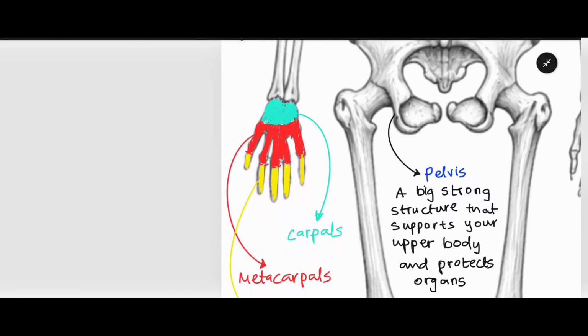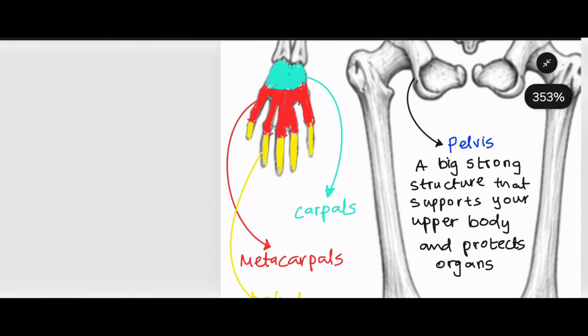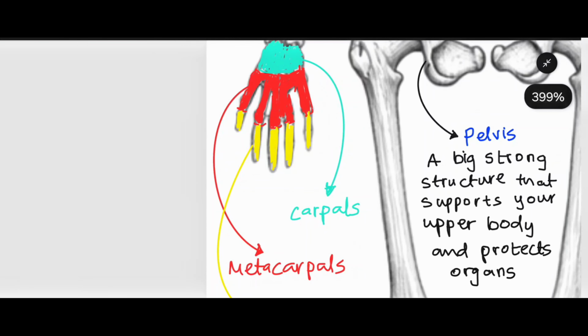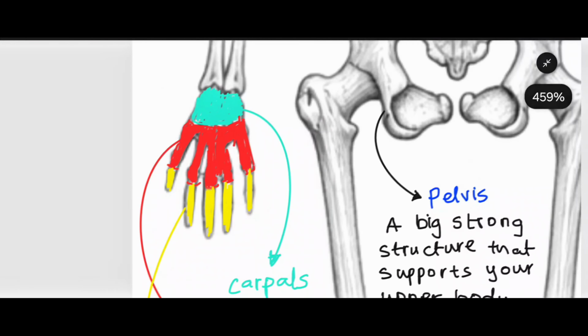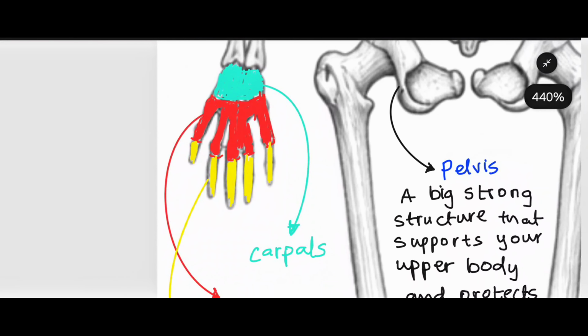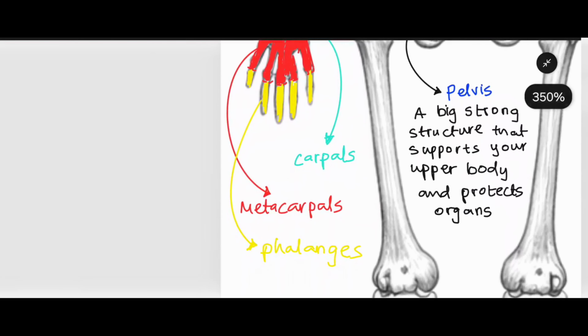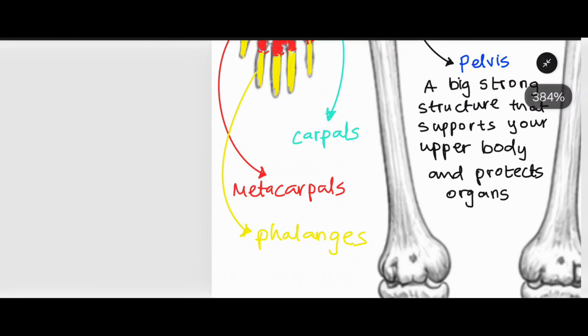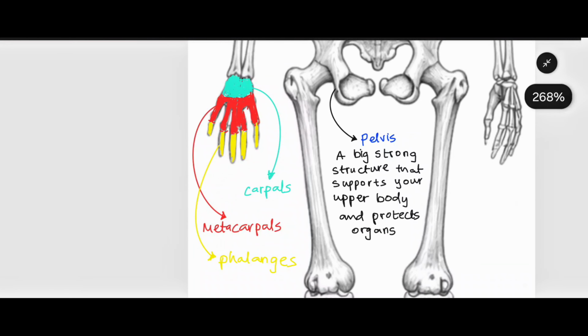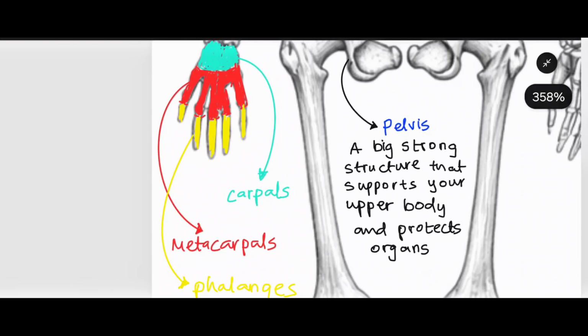Now we go down here to the hands. We can split the hand into 3 different parts. That base part at the wrist area is the carpals, and then going up to the palm area in the middle, which is shaded in red, we have the metacarpals, and finally your finger bones are called the phalanges. You can see they've been shaded here in green, red, yellow, which just so happens to be the Cameroon flag. So think about the Cameroon flag when you're thinking about the different sections of your hand. We have green in carpals, red in metacarpals,